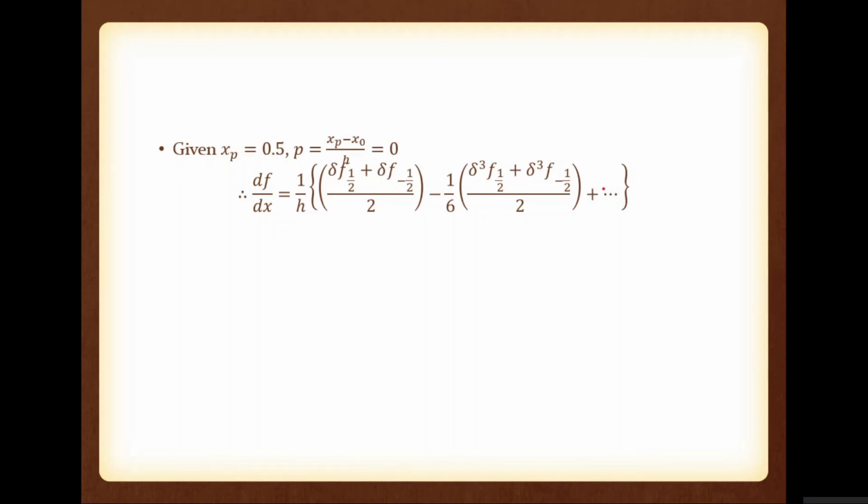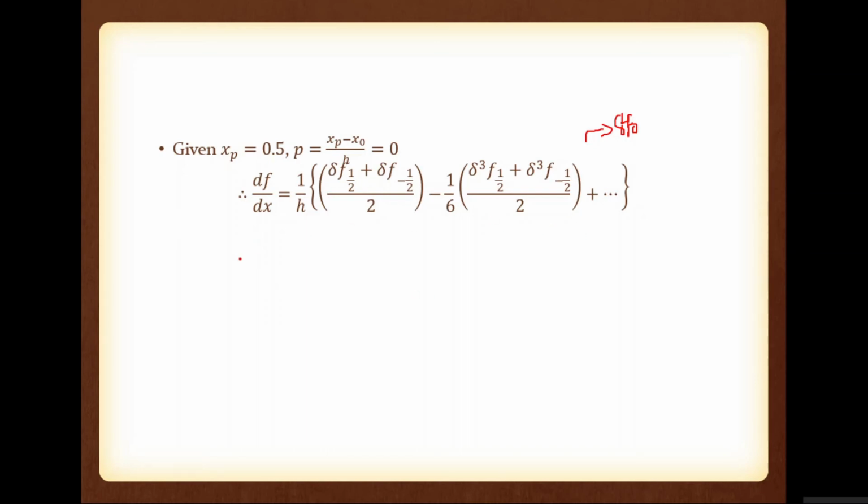Plus etc. means actually that the coefficient of θ⁴ f0 will become 0. Actually, what is the coefficient of θ⁴ f0? It is 4p³ − 2p. So both p terms will become 0. So the coefficient of θ⁴ f0 will become 0. Okay. So please note here θ⁴ f0 is absent. θ⁴ f0 term is absent. So please note that. So now we are going to apply the values into this equation.